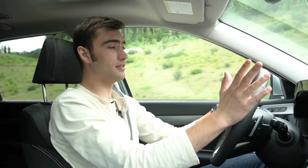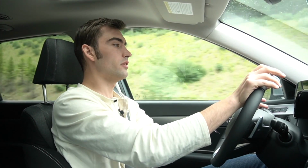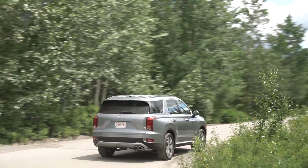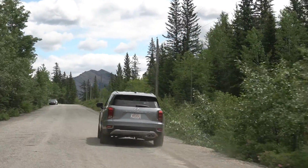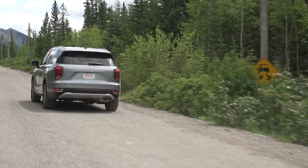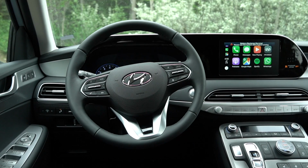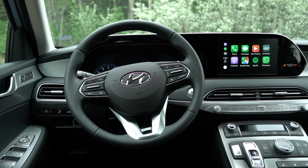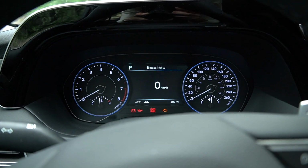So the Palisade and the Telluride, they have the same structure, the same engine, the same transmission, the same four-wheel drive system. The trims in Canada for the Telluride, there's only 3 for that vehicle, and for the Palisade, there's 4. I'm in the preferred trim, which is one step up from the base trim. The preferred trim will add the heated steering wheel, the 7-inch digital instrument cluster in between the 2 dials here, a lot of the safety systems that Hyundai's including in the majority of their vehicles, the lane keeping function, and